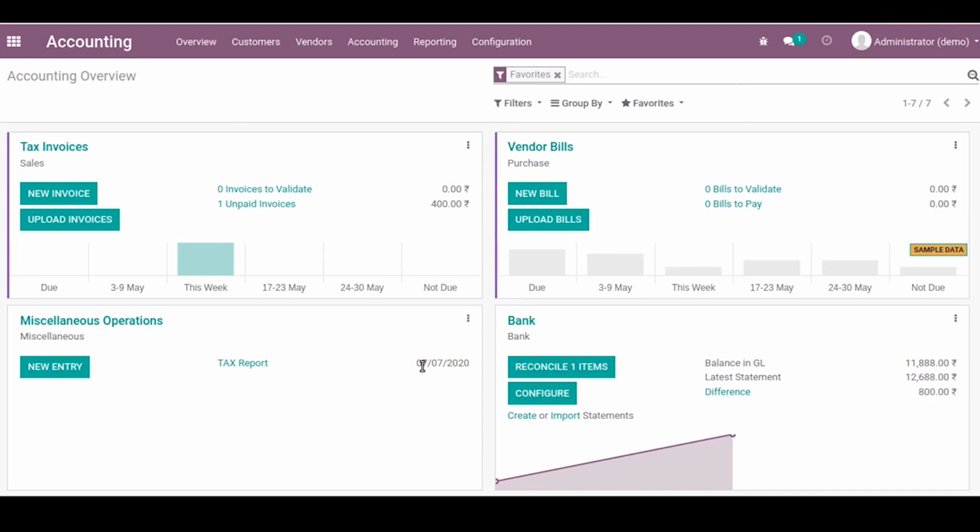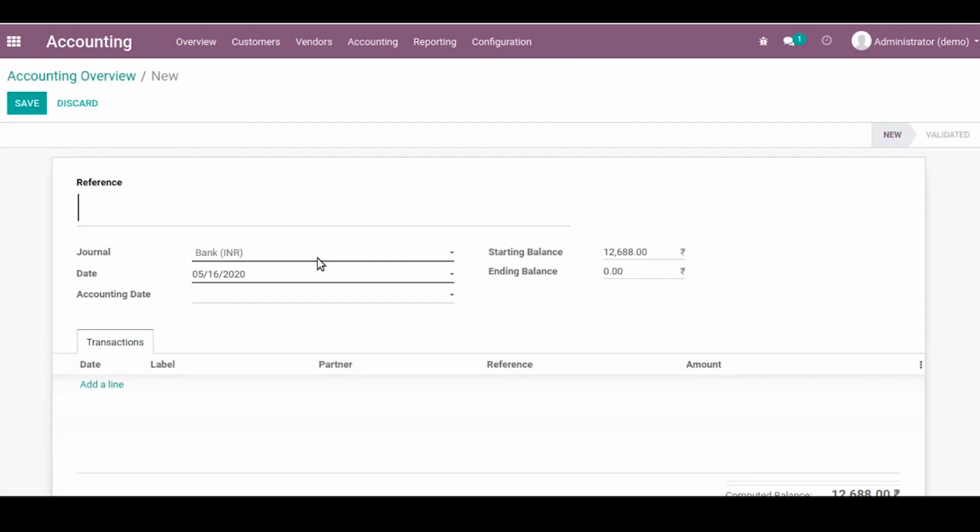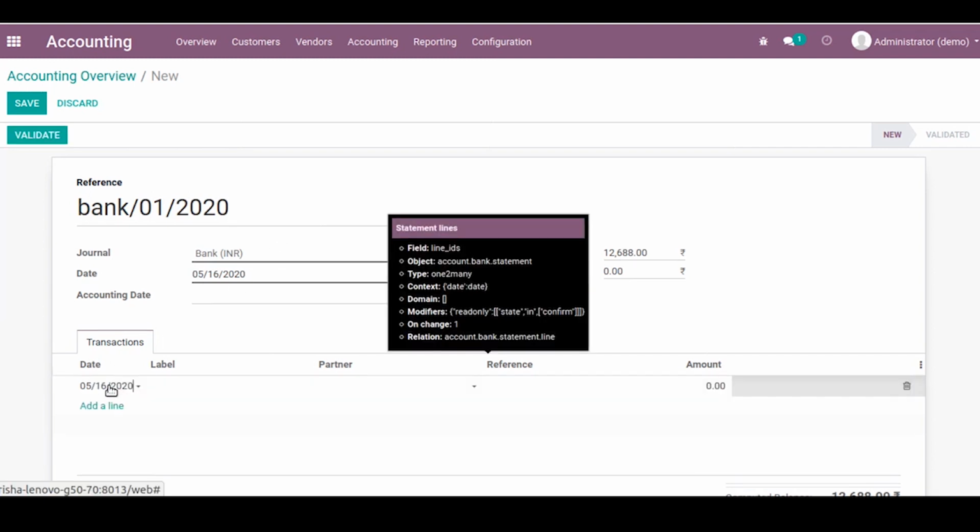Now go to the accounting dashboard and create a bank statement. Let's say they paid 350.